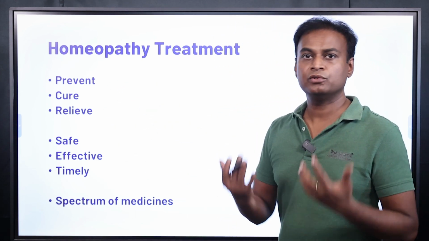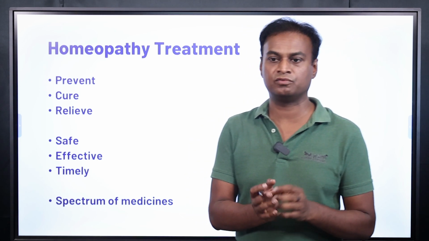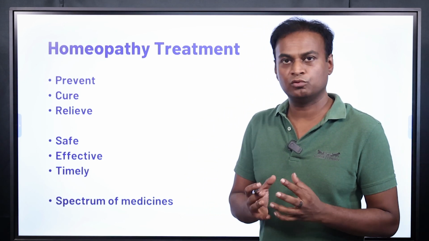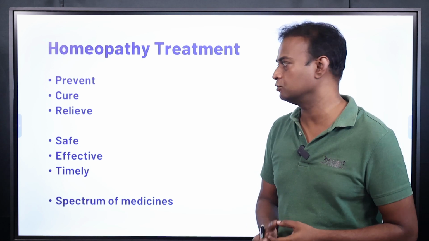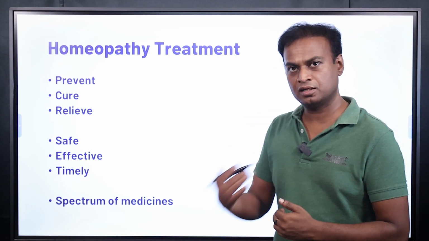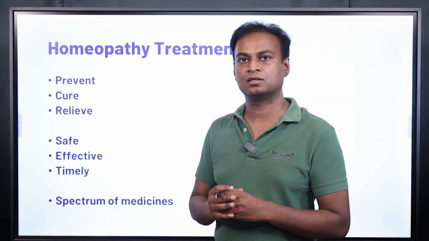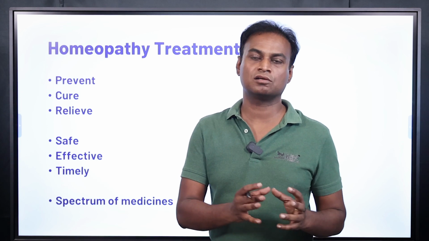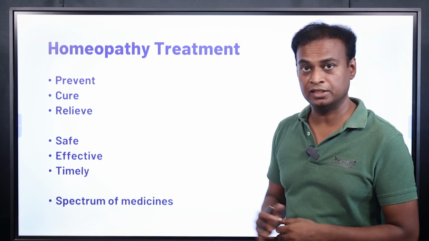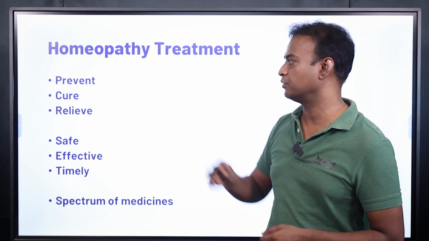Prevention: if you use homeopathy, if you have any problems before the birth of the child, for example, if you want to get pregnant, you are not able to get pregnant, you have fertility issues, use homeopathy. You will not have any side effect, and even the kids that are born will not have side effects. One of the major reasons for autism is using medicines related to fertility to get the kids. So autism can be prevented using homeopathic medicines.